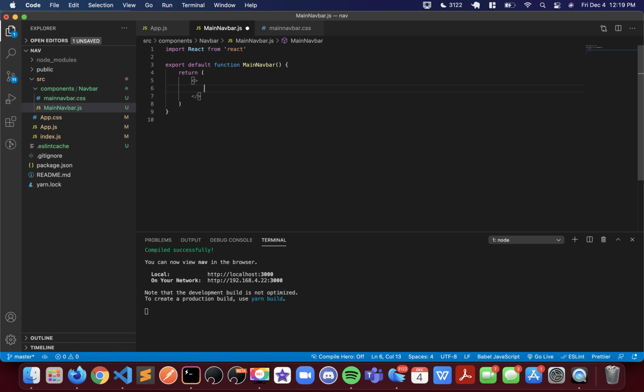Now let's create our header, and let's give it a class name of, let's see, what do we want to call it? We're going to call it just header. Very simple, very on point. And proceeding by,